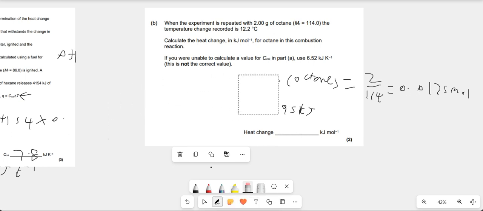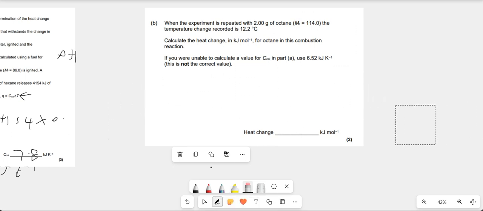So that's all you need to do here. So Q divided by moles. Just take the 95, which was Q, and divide that by the moles, which is 0.0175. That should give you the answer of